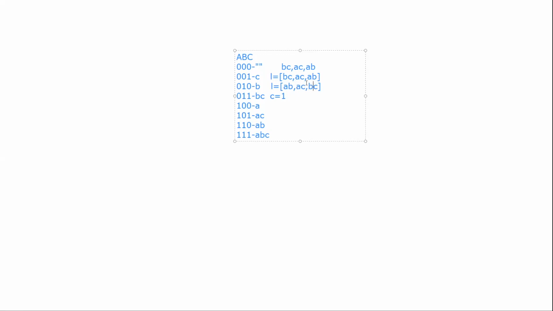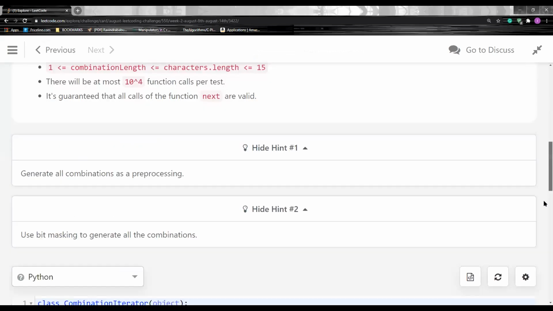In this way our next function will work, and the hasNext function works in a similar way using C. If the pointer C is less than the length of the list, then we can say our hasNext function will have some next combinations. Suppose the C value is greater than the length, then we should return false. Now let us look at the implementation of the code. It is very simple.